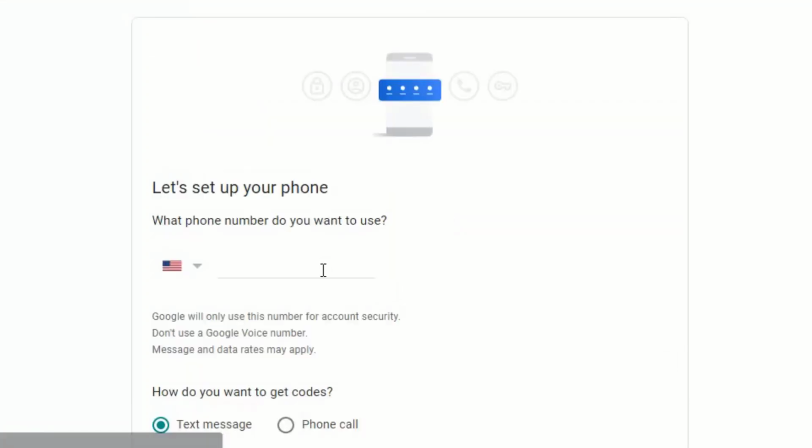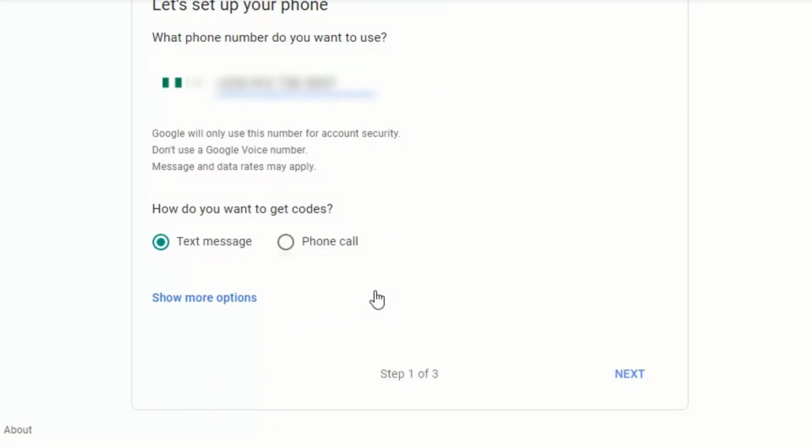So you allow it to load. Now this is my phone number. You do well to check if that is the phone number you used in creating your Google account. Now if you want to verify the phone number through phone call or text, how you want to get the